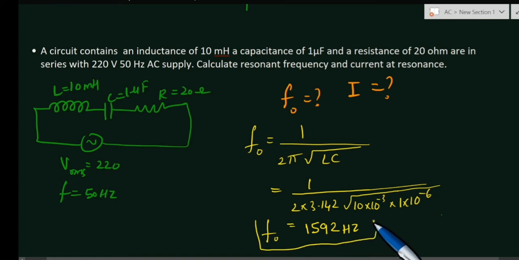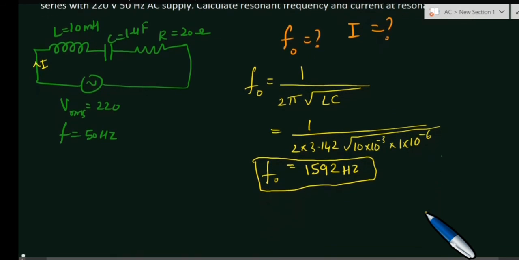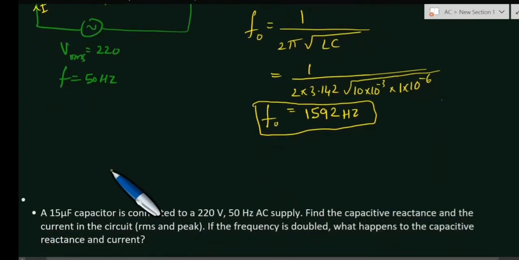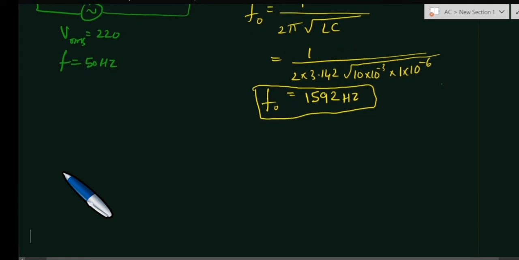Hertz, and this is the value of a resonant frequency. So at that resonant frequency, the current is maximum, and that current we need to calculate it. So at resonance, IRMS is equal to, you need to know at resonance